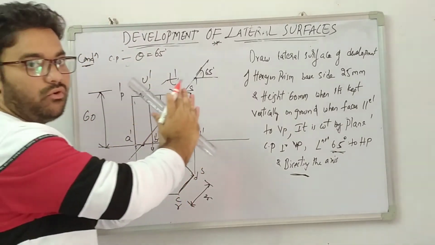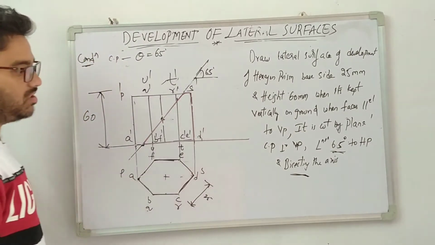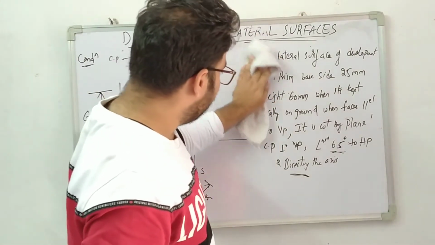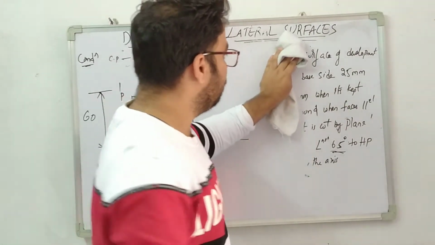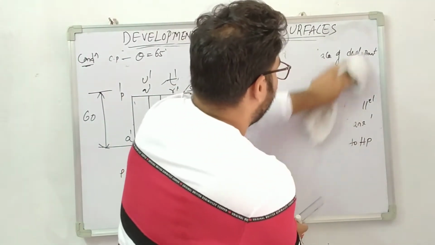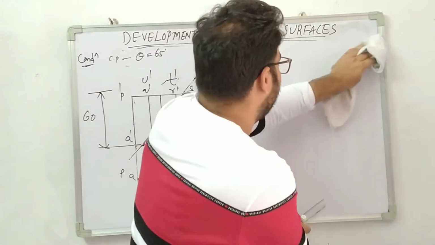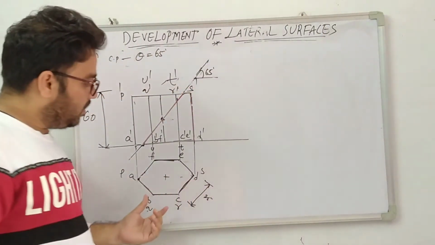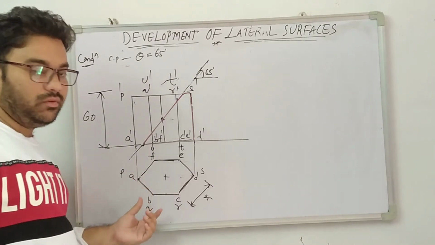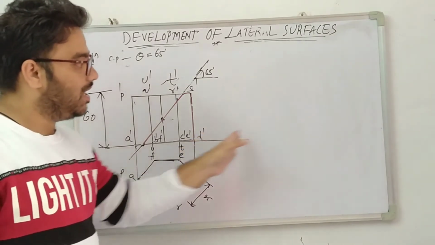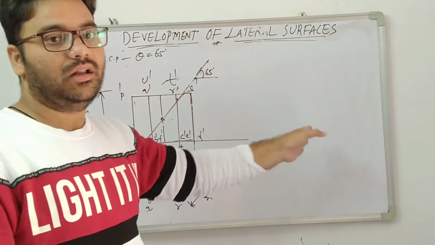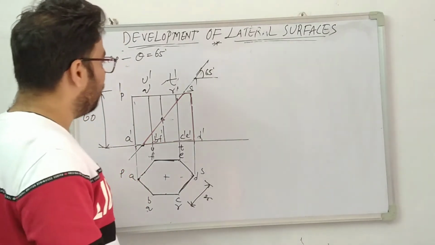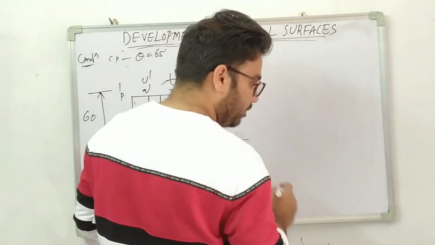Now I started to unfold this object. Now what shape we will get, we will see within a second. So in order to draw this, I am rubbing the question. Now this question is a hexagon prism. For a hexagon prism, what is the length of the rectangle sheet? The length of the rectangle sheet should be 6 into the side. So 25 into the side.